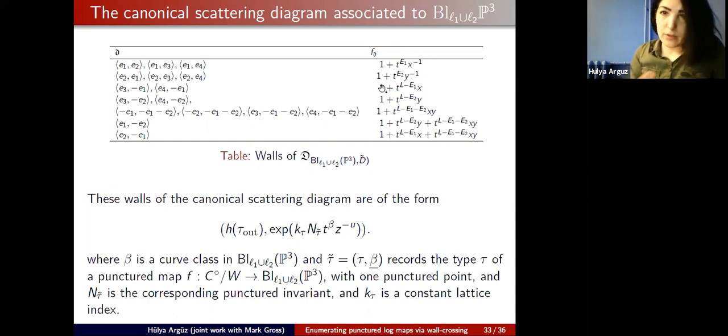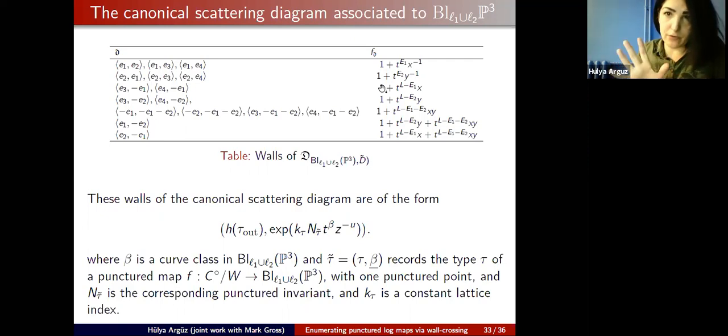So you obtain all these functions purely combinatorially, and you know that these functions correspond to these wall crossing functions with these E_ij variables, which correspond to functions of the form